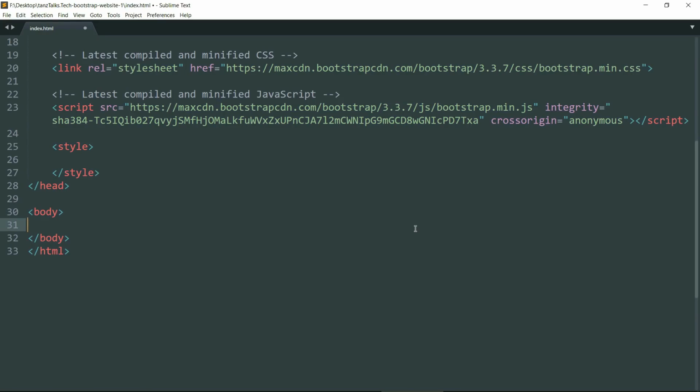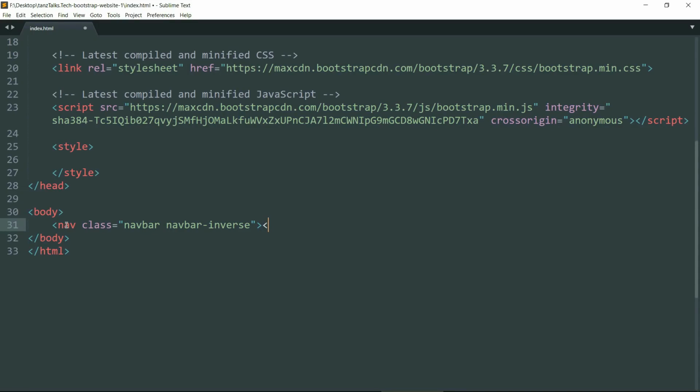Let's first start. Now let's just start with the navigation bar. Let's type the nav tag. Give it a class of navbar navbar-inverse. Now these are some predefined classes in Bootstrap for easy layout options.